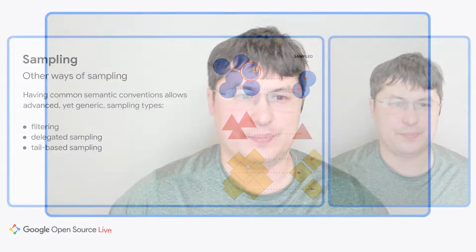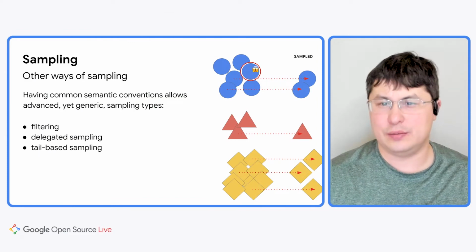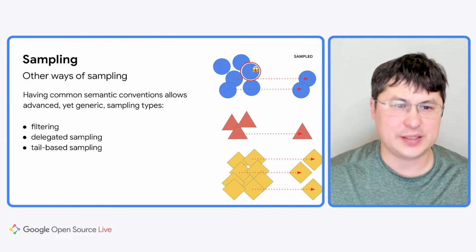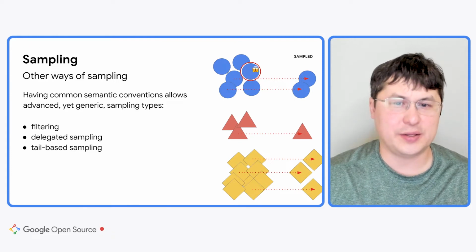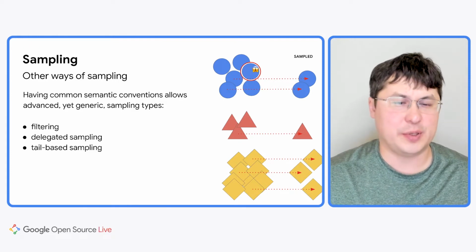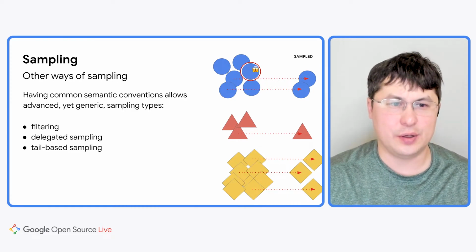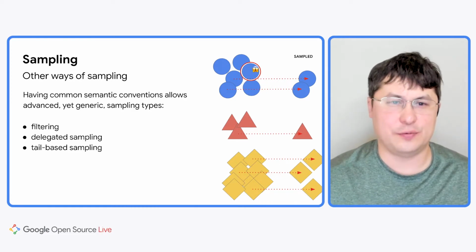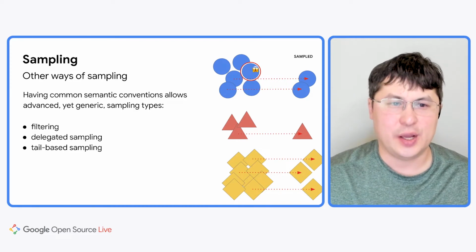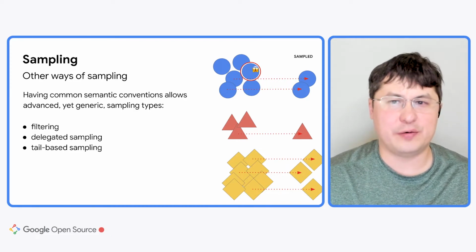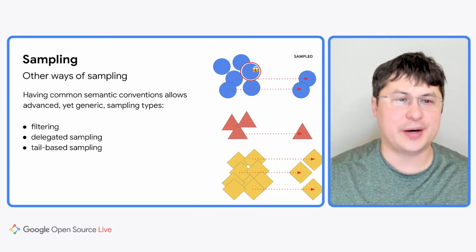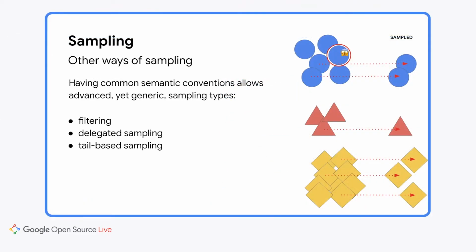You need to have some more advanced sampling mechanisms. You may want to filter specific traces, let's say synthetic traffic. All the health checks that take a lot of requests, but they are fast and typically uninteresting. You may have delegated sampling, the mechanism of delegating the sampling decision, or tail-based sampling. This is a very powerful mechanism that looks into the entire trace and searches for error spans. In this example, one blue span with a screaming face on it. And if it detects the screaming face, it will collect the specific example.